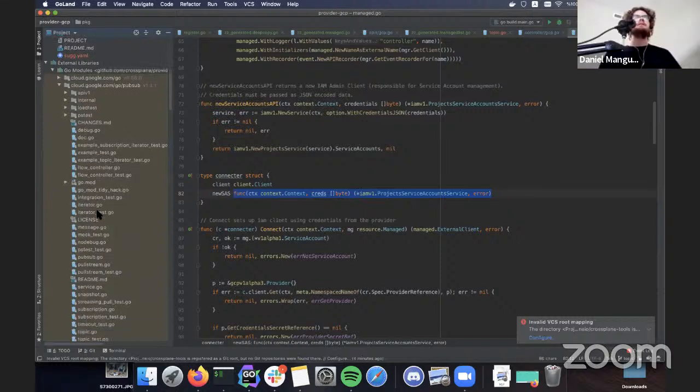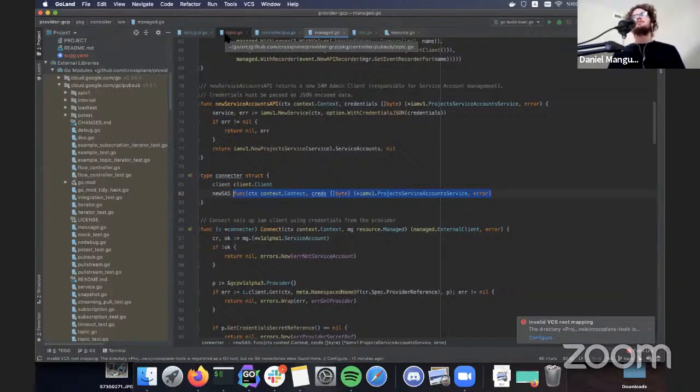Sorry to interrupt there, but I really like the interface of the connector here because it makes it pretty explicit that what we're trying to do here is bring together these two different APIs. Crossplane is bringing your Kubernetes API to the cloud provider API. And it has just one method you have to implement, connect, that then allows you to do all these create, update, delete methods. So I really like that. I think it's good design.